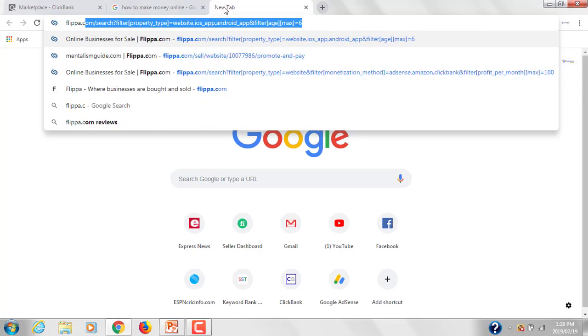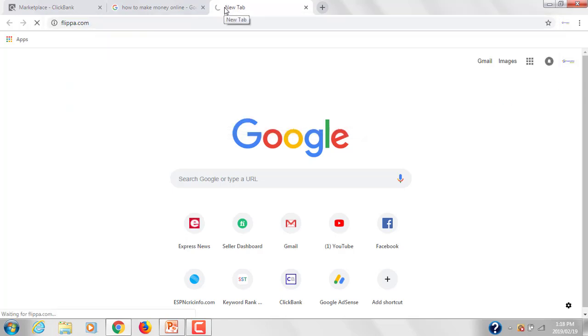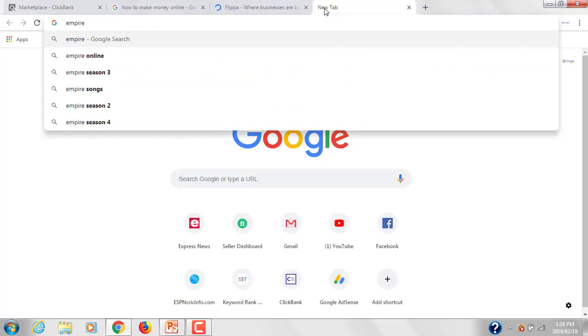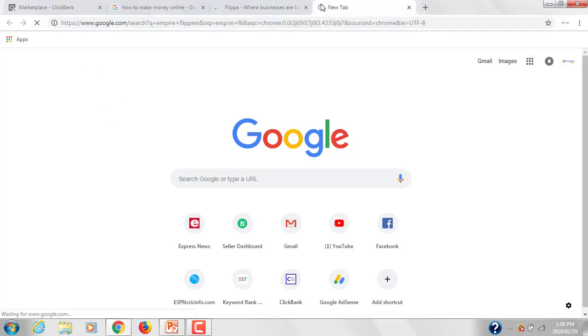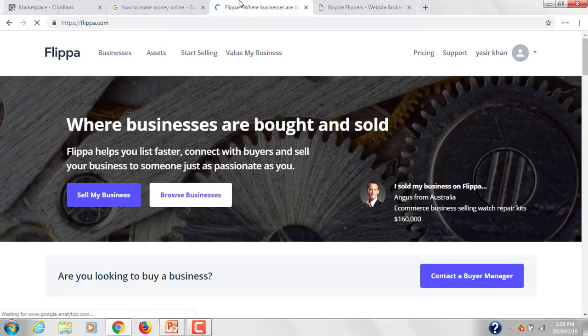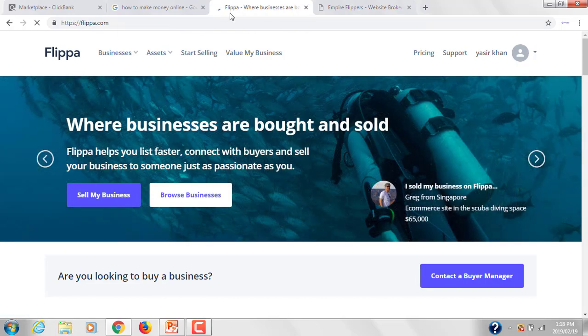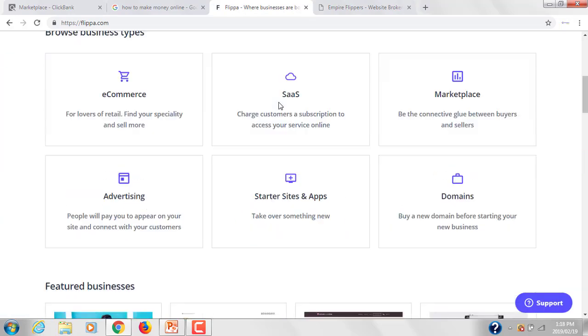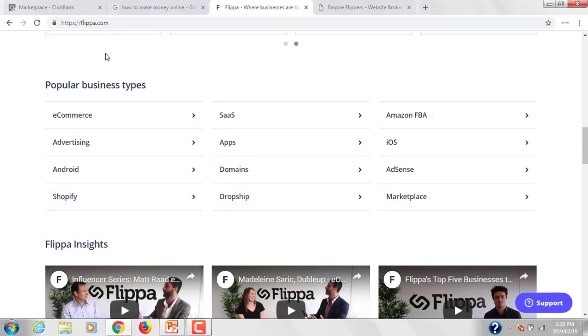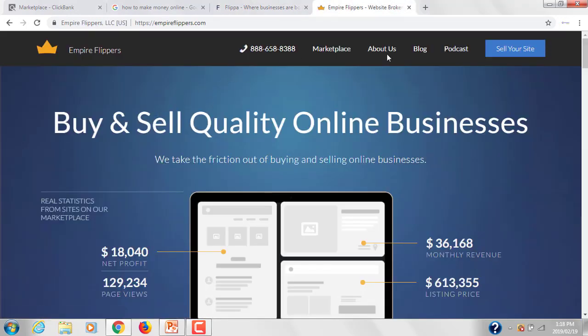flippa.com and empireflippers.com. These are marketplaces where people sell their websites to other people, so you could get an idea about the website's worth. So if we move to the marketplace,